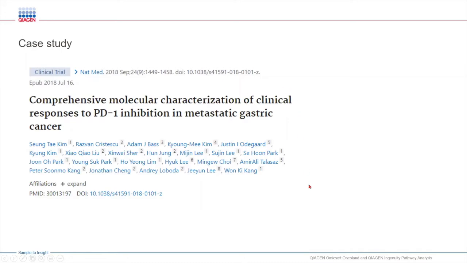Now, this clinical trial involves RNA-seq data that you're interested in using, but you don't want to go through the pain and hassle of downloading the data and QCing the data. All you want to do is perform the analysis with this RNA-seq data coming from this paper. So let's see how we can access this information and then generate some queries.